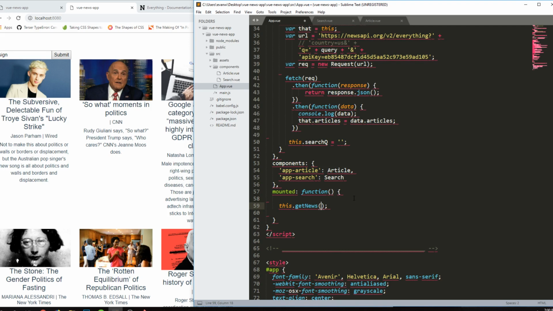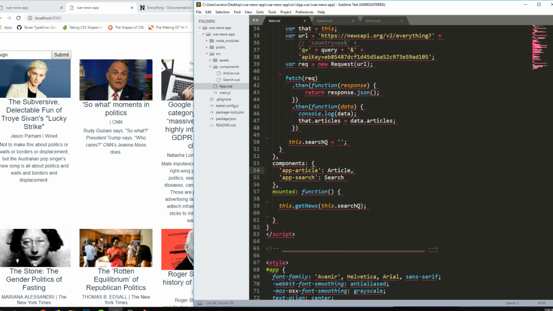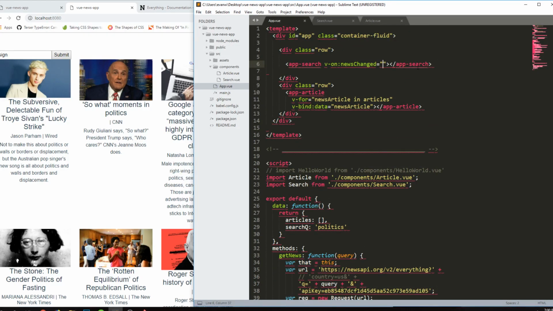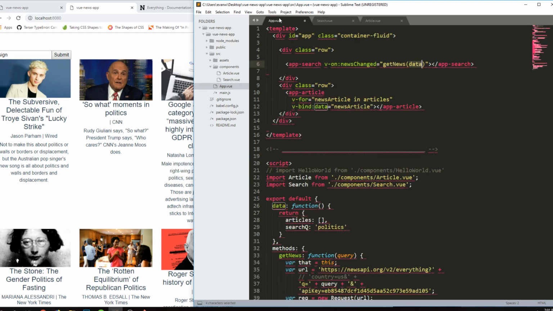And we're going to execute this.getNews with this.searchQ when the page loads as an argument. And that's still working. So far, so good. So then what we're going to do here is we're going to execute getNews with data. Data here represents the data package that is passed through when this custom event is emitted. I'm going to save here,